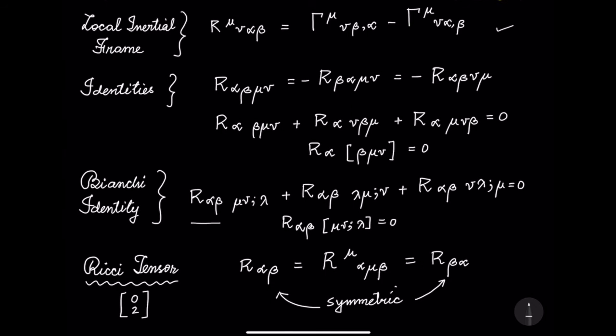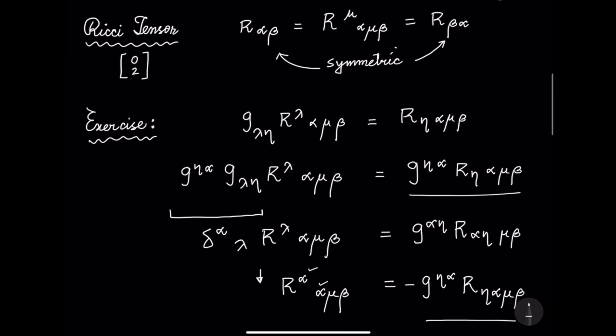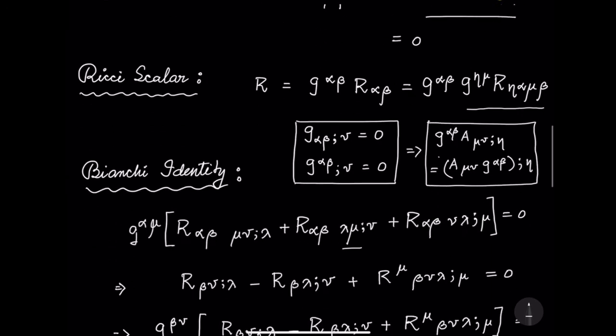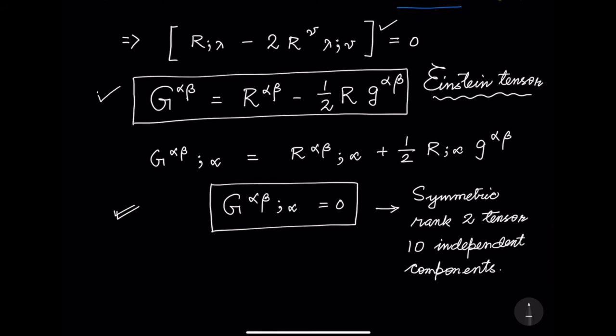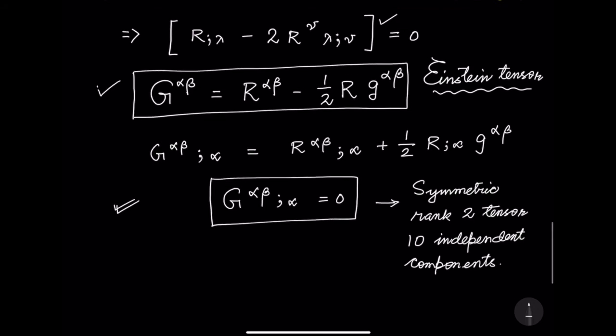We looked at its identities, and today we defined the Ricci tensor and the Ricci scalar, and then eventually the Einstein tensor, which is what we will be using shortly. All right. In the rest of the lecture, from now on, we'll try to connect